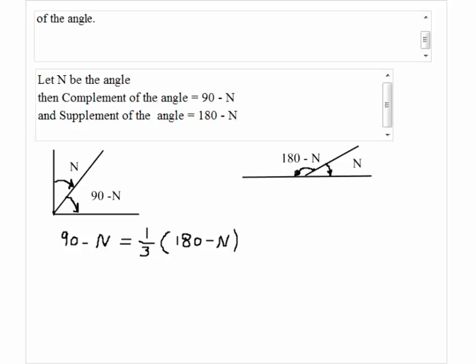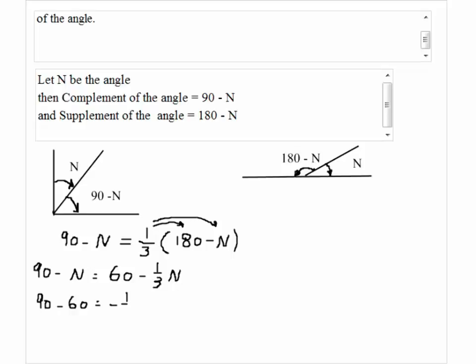So we solve this equation for n, and here we can distribute this 1/3. We have 90 minus n is equal to 1/3 times 180, which is 60, minus 1/3 n. So we have 90 minus 60 is equal to,